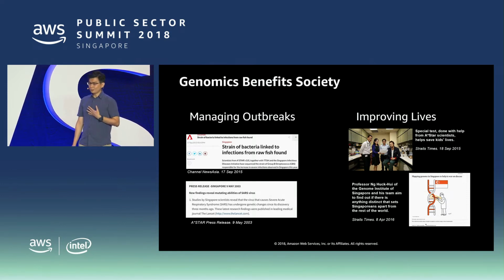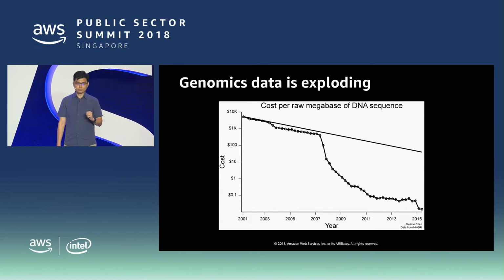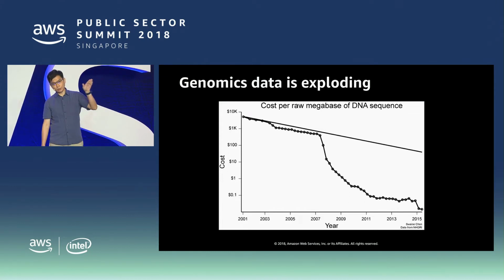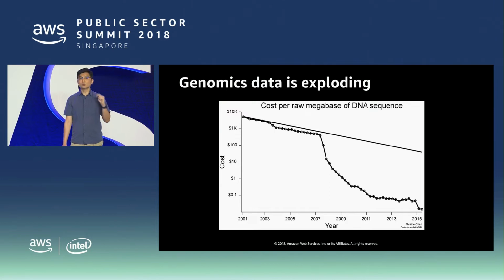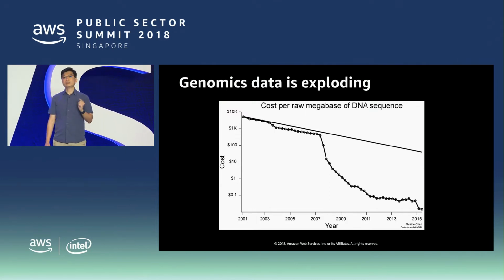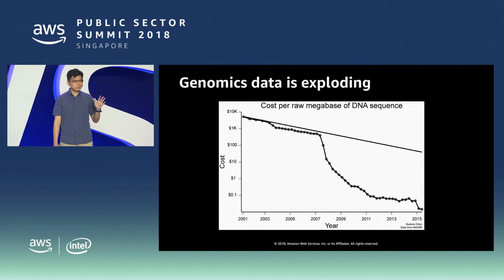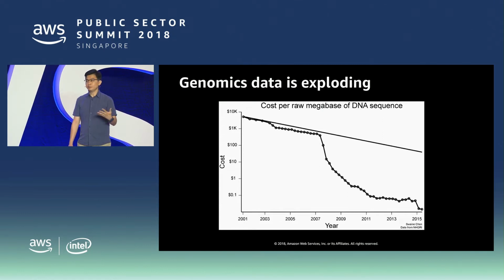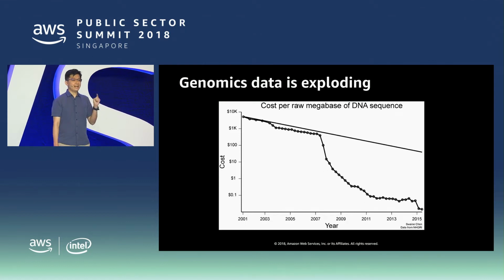I guess you could ask, so why are we here? Is there a problem statement? Unfortunately, there is one. We have too much data. This graph on the screen shows the cost of producing 1 million bases over the years. The solid sloped top line is what the cost would have been if genomics technology tracked Moore's law, which basically means doubling our capacity once every 2 years. And the dots below that are what actually happened.